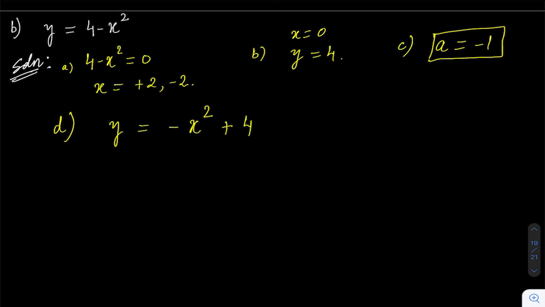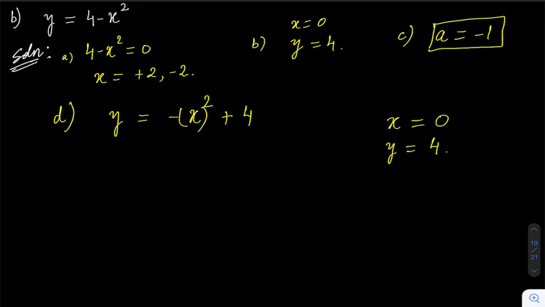Now whatever is in that bracket with x square, you substitute that to be 0, that is x is 0. So when x is 0, you substitute here, you get y as 4. So now we have all the 4 points, and you can see it doesn't take much time. Okay, now let's draw the graph.